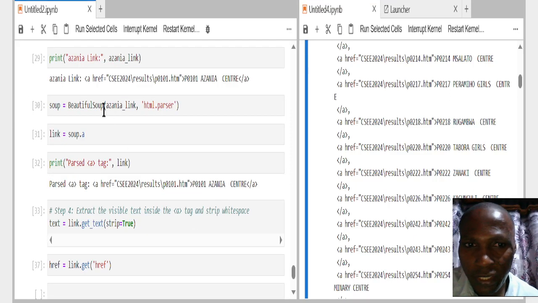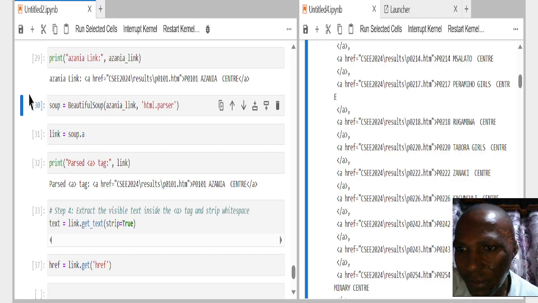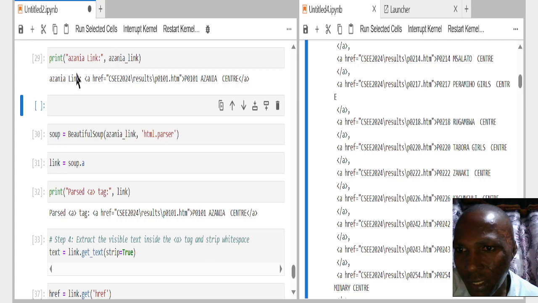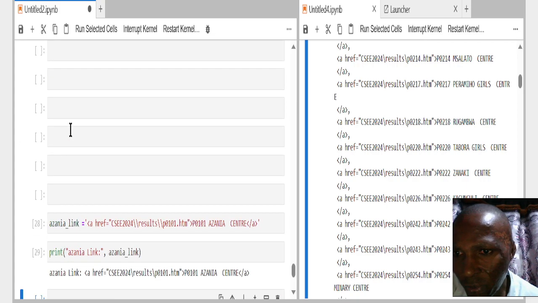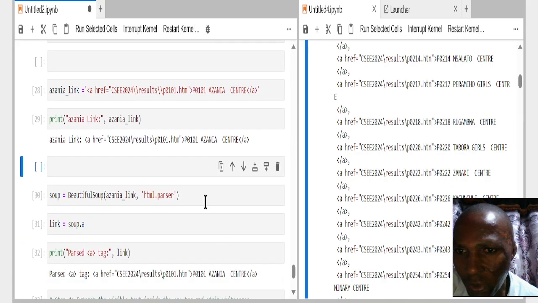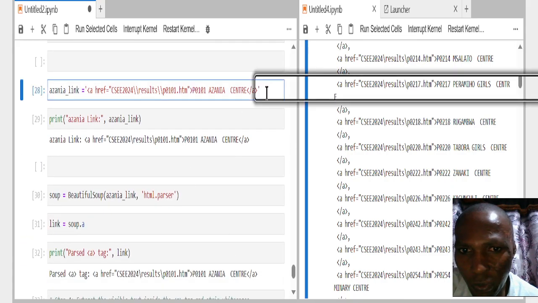Because we did it on Tanzania only, now we want to loop through each link of schools in this web page. So to do that, we now edit our priorities. Instead of considering Tanzania only, we now use the link for the whole web page. You remember that we had the Tanzania link, so we have to create